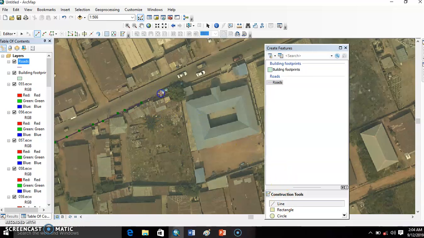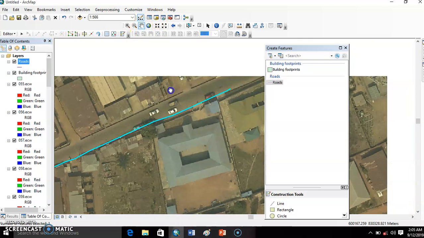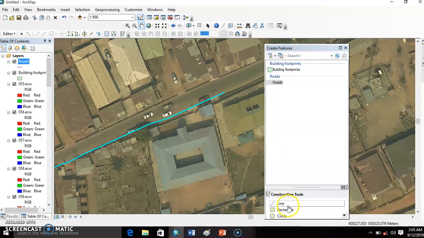So as you are going this way, you keep on adding the left click and left click and left click. Let me stop here. When you are done, you double click and that will be on. Then you can go back to this, or you start digitizing back, touching the other edge of the road, and then you are good to go.